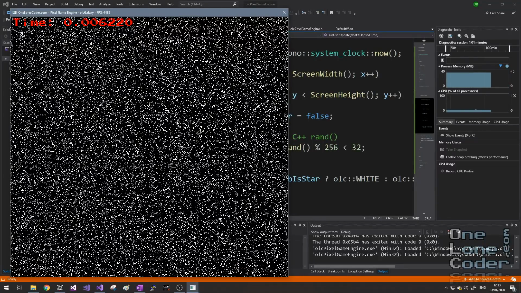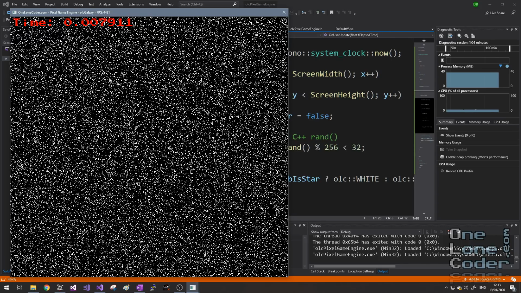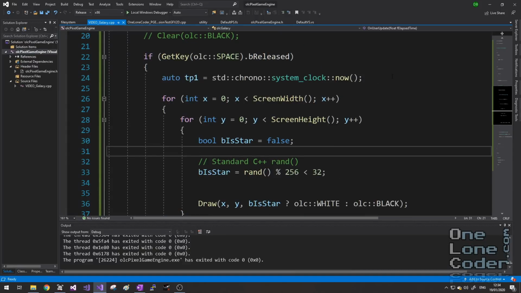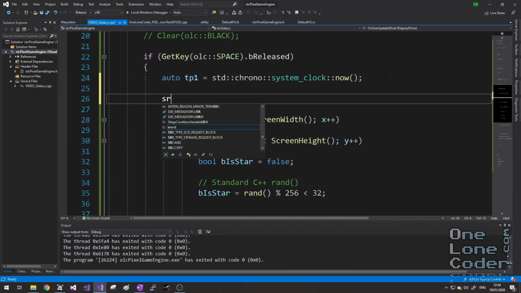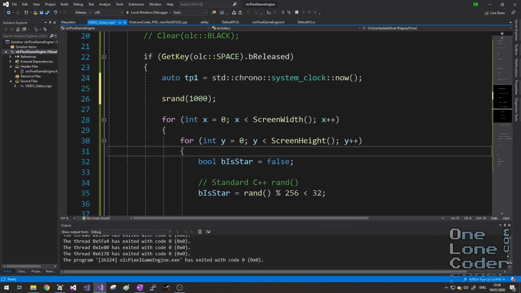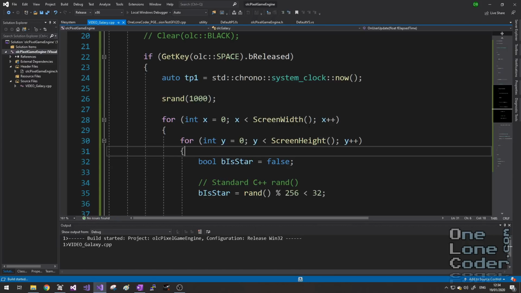The problem is, I want to control the randomness. It's no good to me to just have genuine randomness here. I need some way of shaping that randomness into a universe. If I always wanted to generate the same universe each time, I would need to seed the random number generator with some sort of key. I'm going to pick a value at random here, 1000. So now when I run the application,